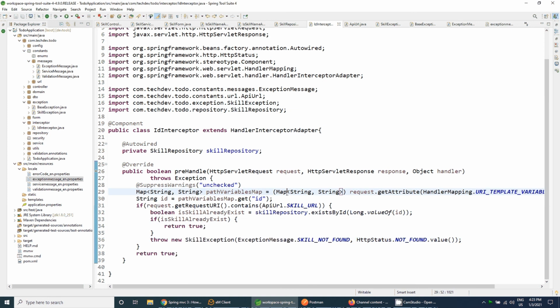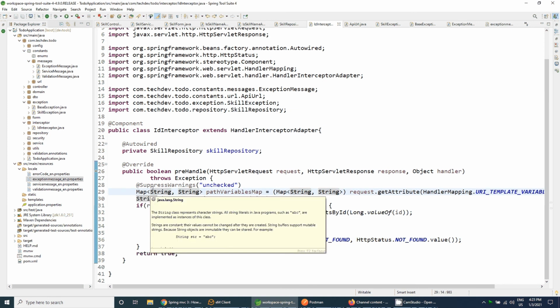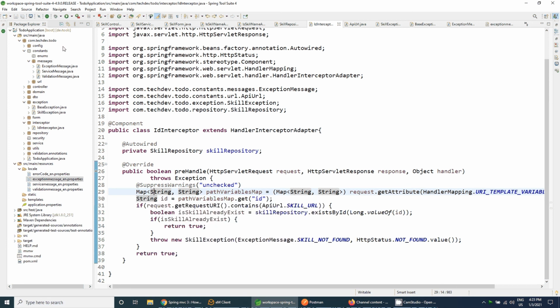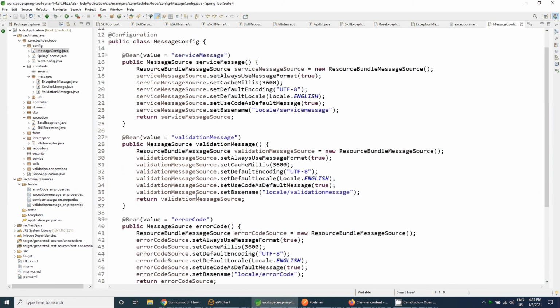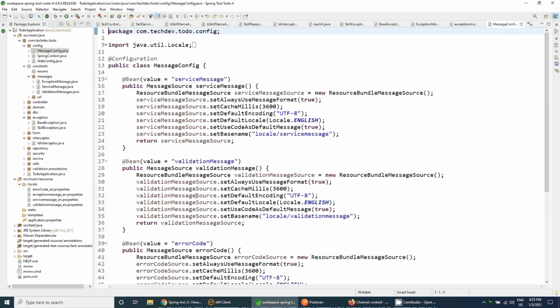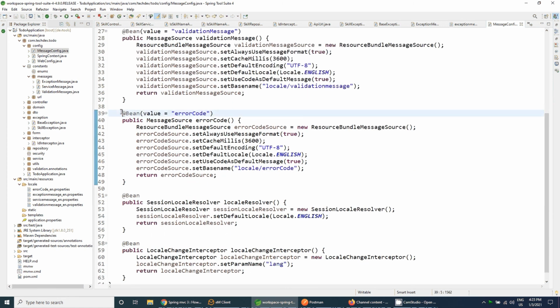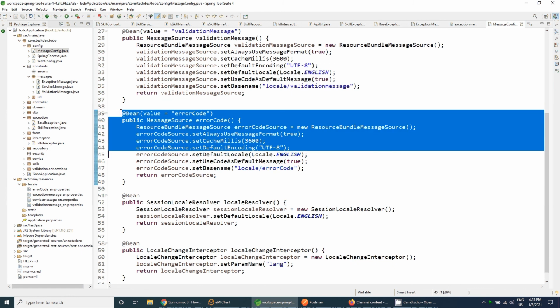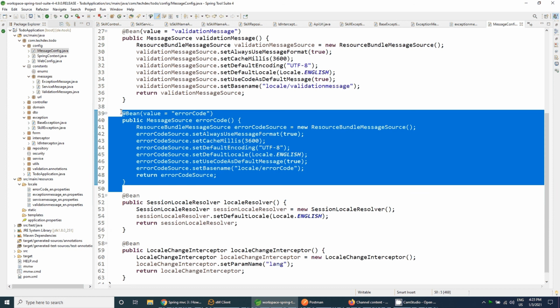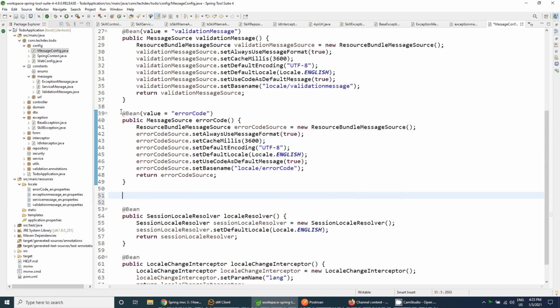So this is completed here, and let's check whether it is required to add the exception message i18n standard configuration or not. Let's go to the configuration and message config. Here we do not have configuration for the exception message en properties. For that we need to create a configuration method here.